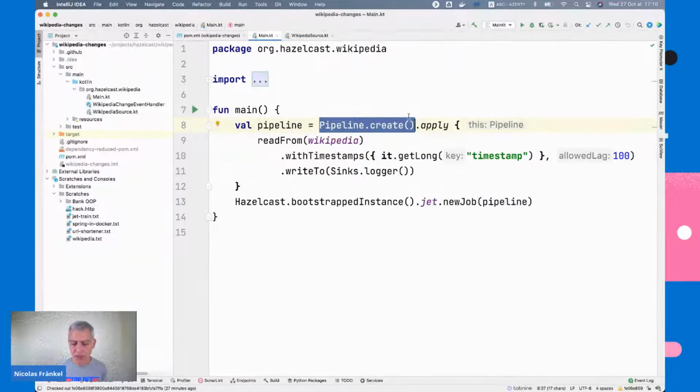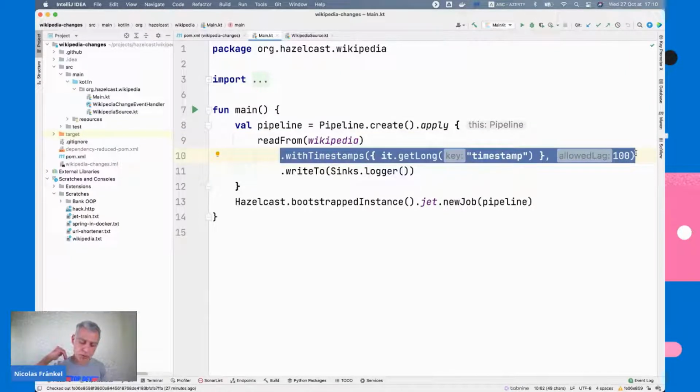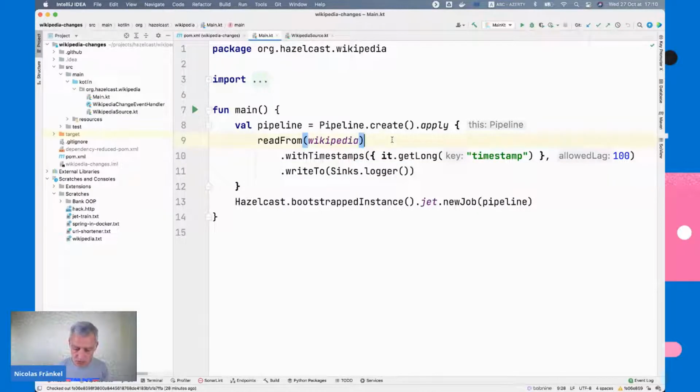Then on this pipeline, you read from a source, as I mentioned. Here, you add the timestamp. That's how you transform it to a streaming job. The difference between a stream and a batch is that the stream starts and never ends until you stop it explicitly, while a batch stops when you've finished reading all the data. At first, I will write it to the standard out, just so that it's intelligible.